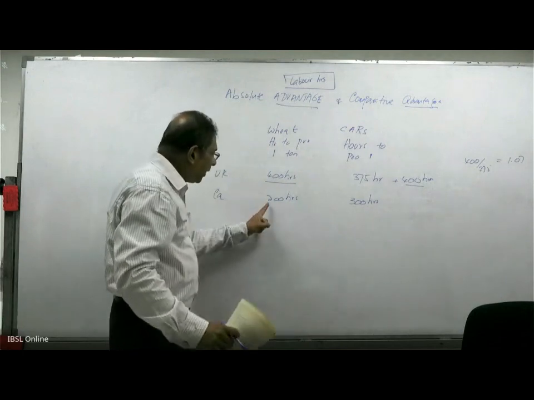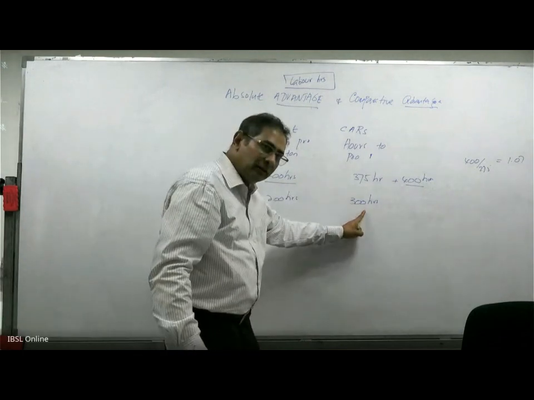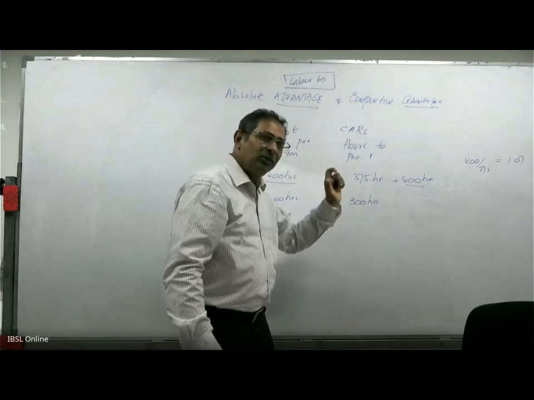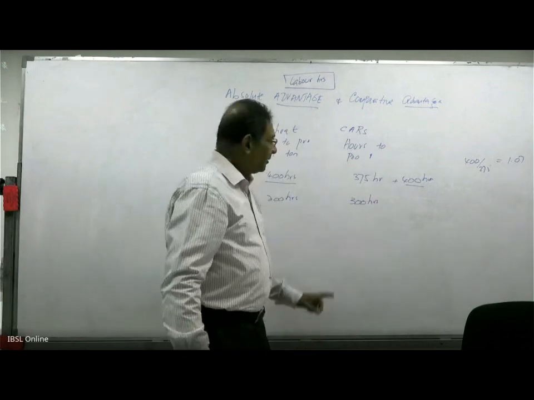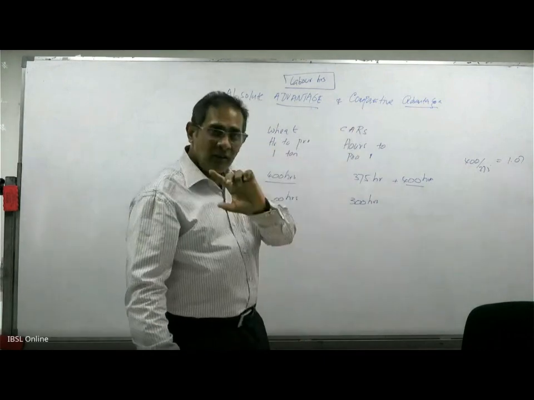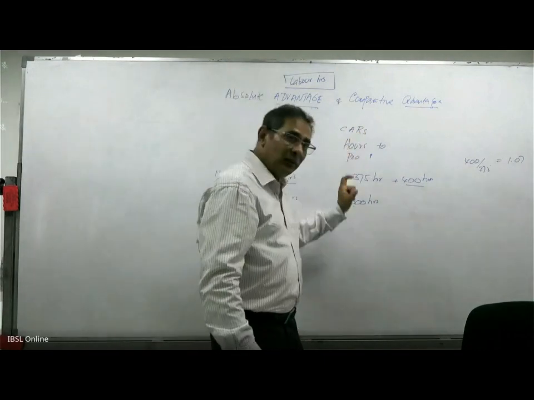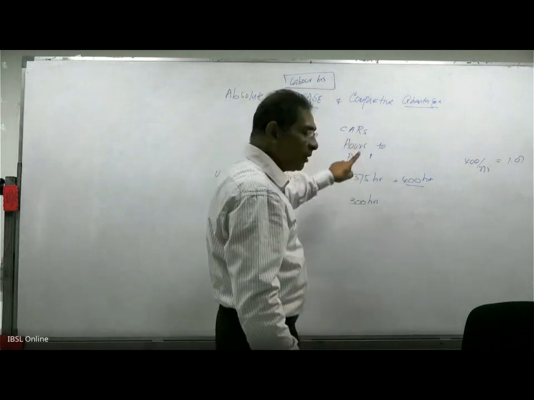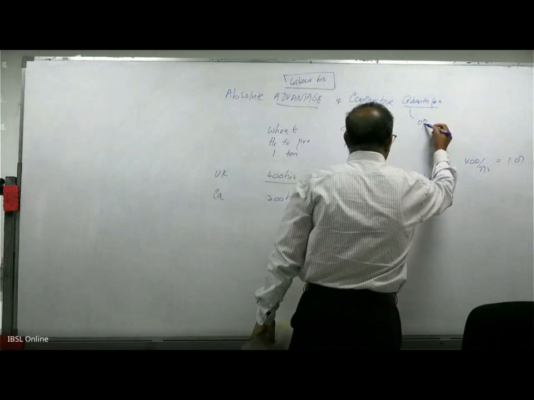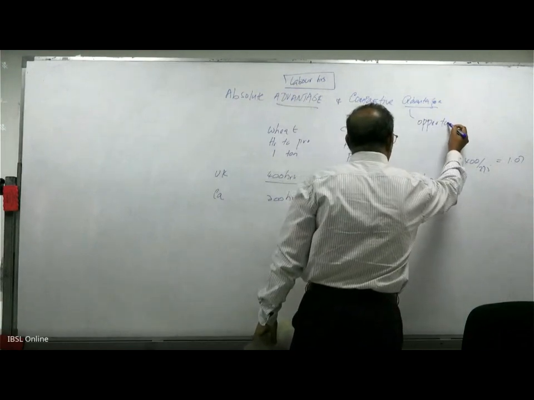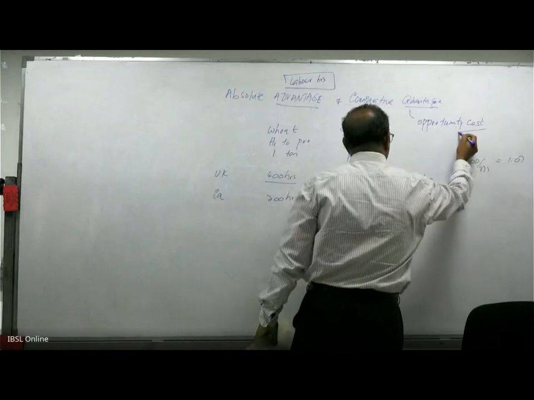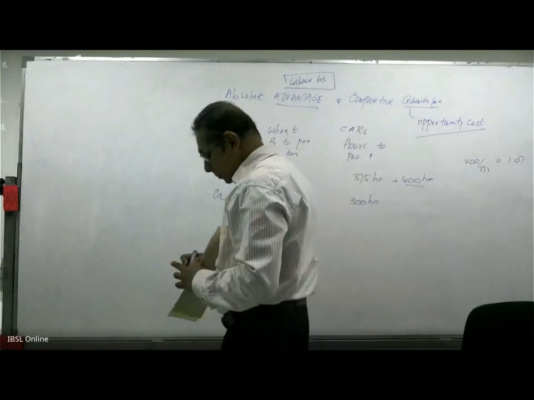even though Canada has the absolute advantage for both commodities, they will have a win-win situation. This is based on comparative advantage. It's not the absolute advantage, it's comparative advantage. If that's the case, these hours are not meant as labor hours, it has to be obviously based on opportunity cost.